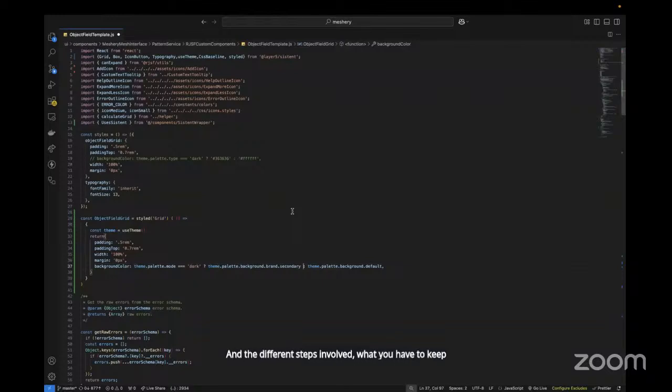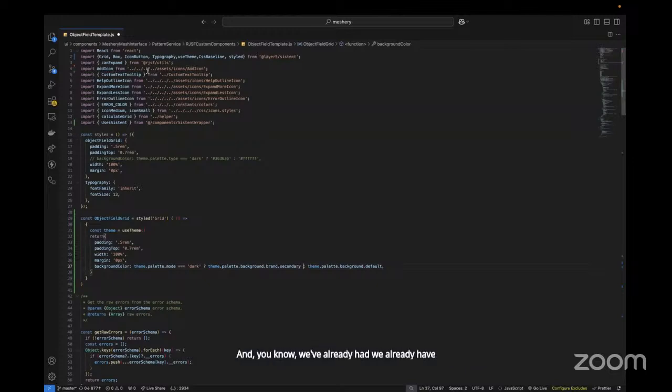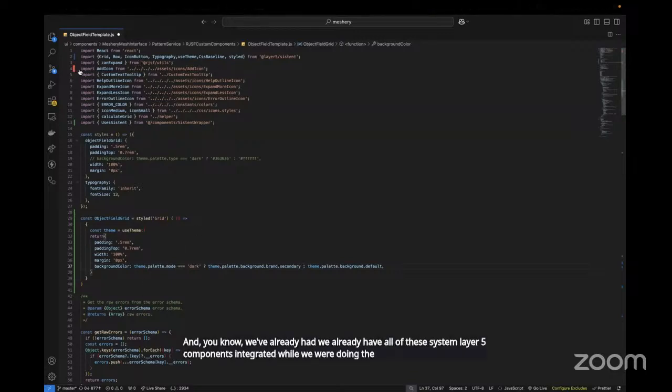In general, if you might go up from v5 to v6 and you're contributing in that area, just go through the change log first, do the essential changes. Now that we already have all of these using Sistent, if you've ensured the changes are done inside Sistent, and we already have all of these Sistent layer5 components integrated while we were doing the Material UI version 5, you might not go ahead and do this.